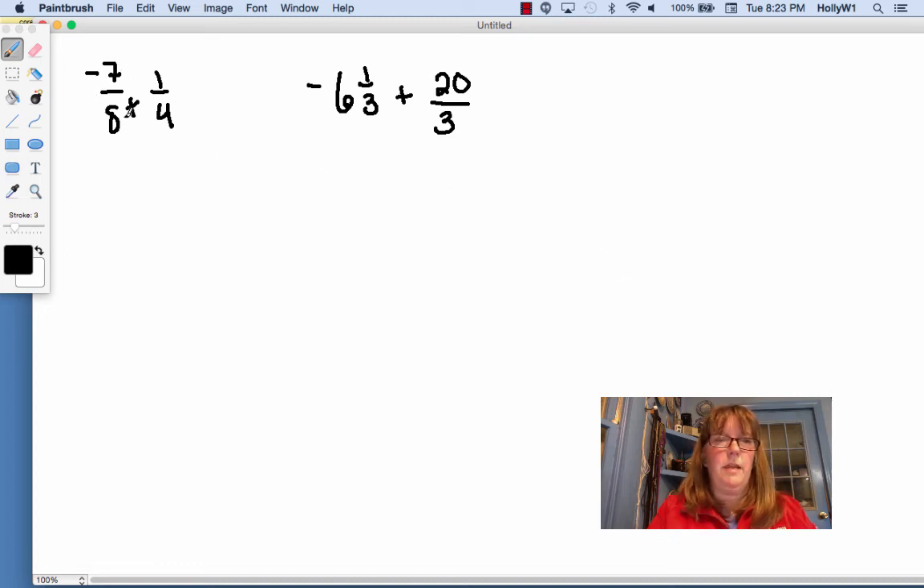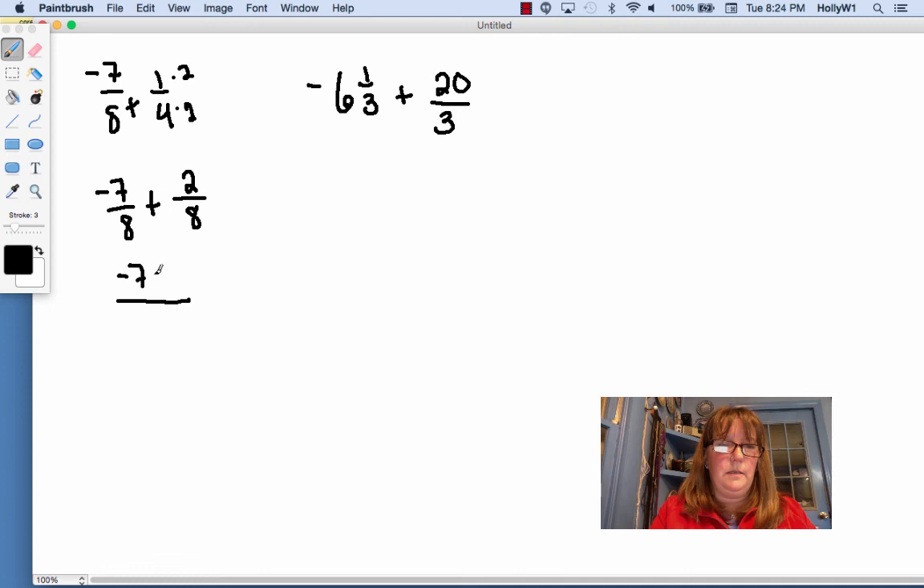Okay, welcome back. So -7/8 plus 1/4. These denominators are not the same, so we have to convert them to be common. The least common denominator here would be 8, so that stays the same. The second one, in order to get this into eighths, I have to multiply by 2. If I multiply the bottom, I also have to multiply the top. So that gives me 2/8. So I add the numerators over a common denominator. So -7 plus 2 gives me -5,